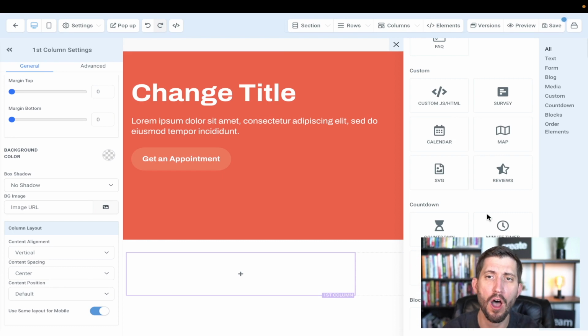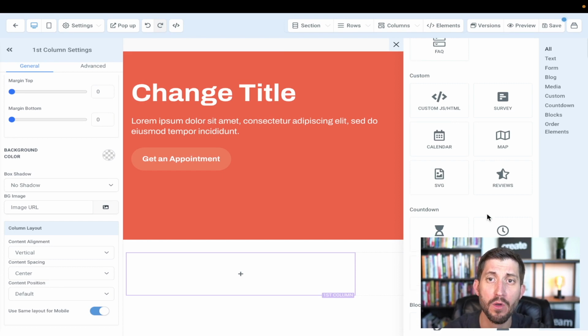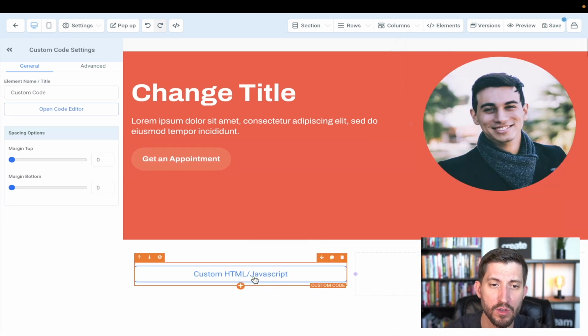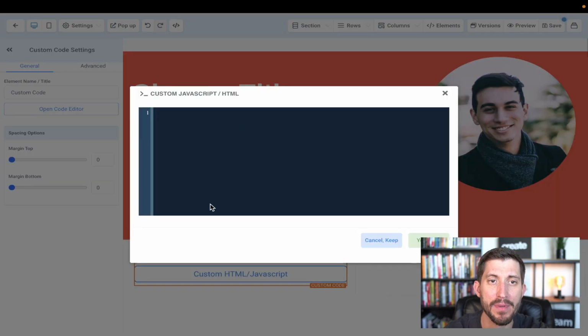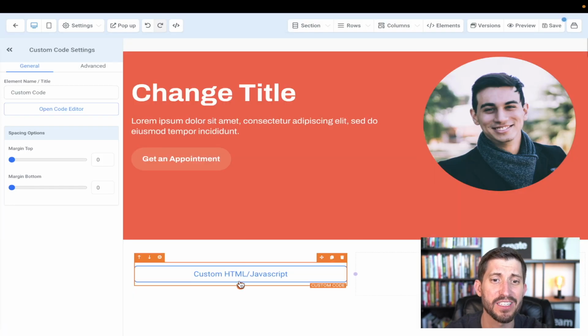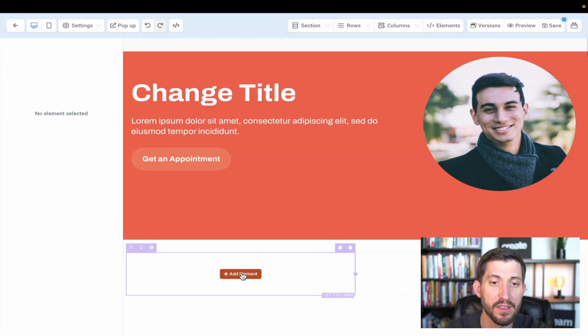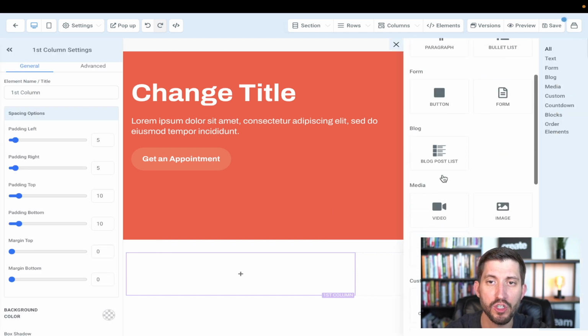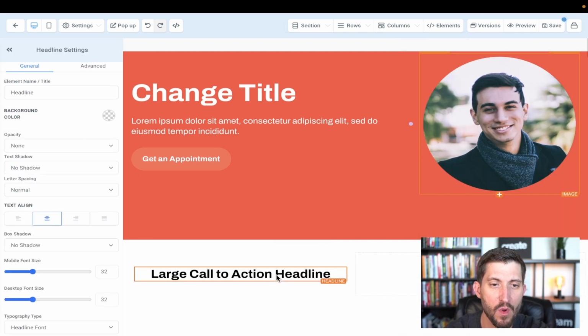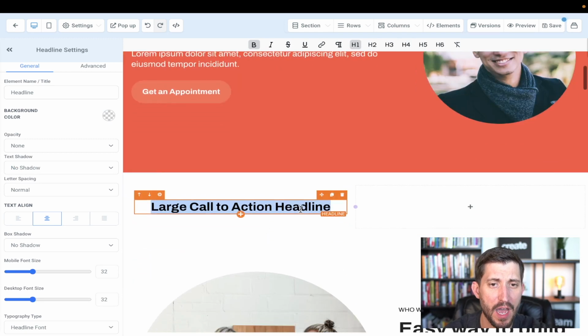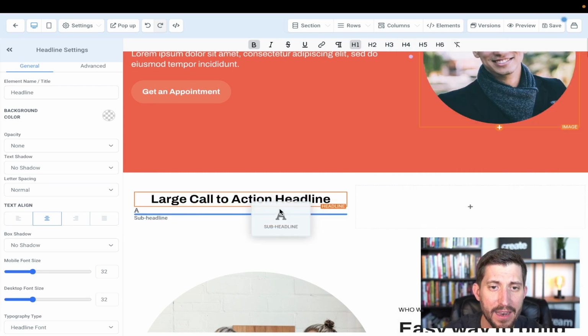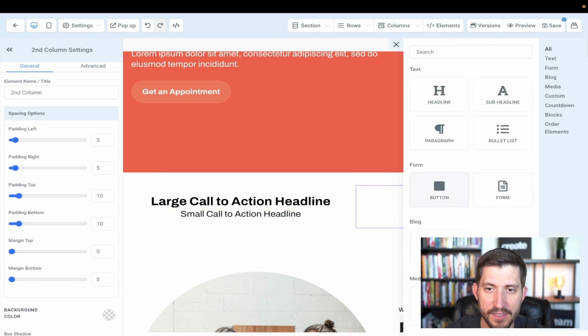And if you have another software or something that you already have, like custom JavaScript, you can just import that here as well, and then simply copy and paste it over there. Whether it's an iframe, and I won't get super technical, you can basically just customize it right there. We can delete that if we don't want it. In this case, we'll just put a headline right here. This is a large call to action headline. Again, I'm not going to spend too much time making too many changes here, but we can do that. We can add a sub headline,